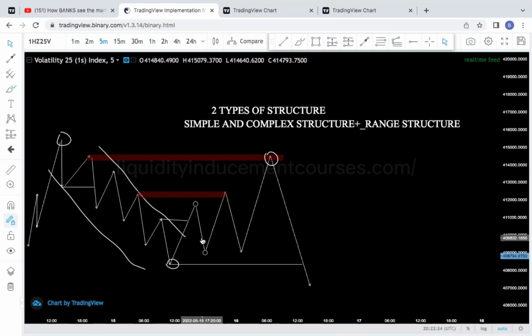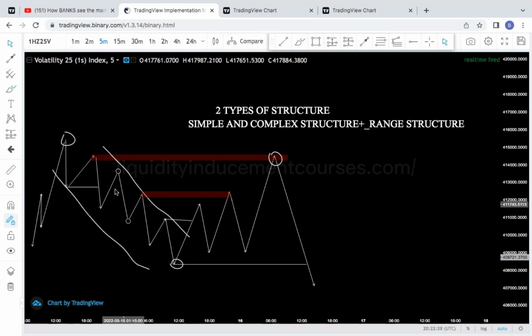Though internal structures can be split into minor structure and major structures. Okay, but I will not go into that now, so I don't confuse you any more. We'll do it one step at a time. So this here is our internal structure because it is inside of the range. Please have that at the back of your mind. An internal structure is the formation of market structure, higher highs and higher lows or lower highs and lower lows inside